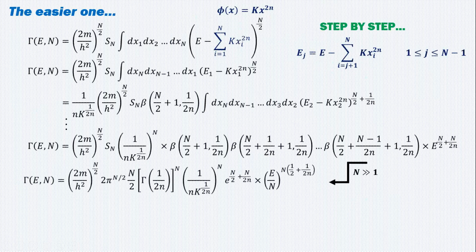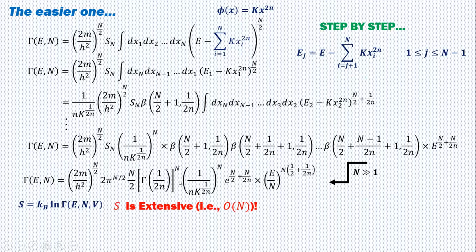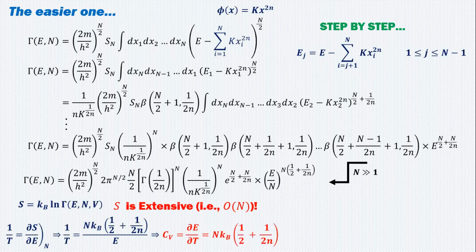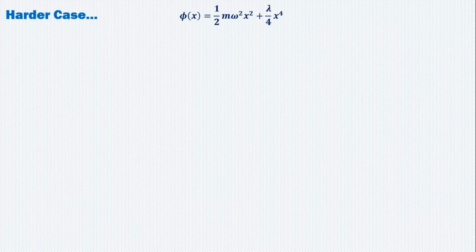So then we invoke the approximation that n is very large, and then entropy, as you can see, turns out to be extensive, which is important. I mean, the delta function does not affect the dimension of the thermodynamic quantity, of course, in the large n limit. So as you can see, this is also intensive, because it is a ratio of two extensive quantities. So consistent. And next, follow the prescription, and you shall get the specific heat to be just what we get. I mean, for two special cases, for example, SHO, n equal to 1, n kB, perfect, and n equal to 2, 3 by 4 n kB, perfect. So the method works. Now we shall go to the harder case.